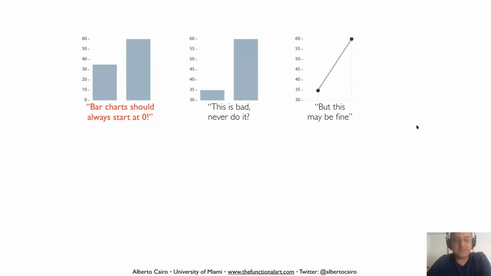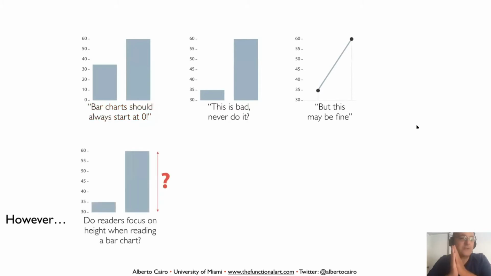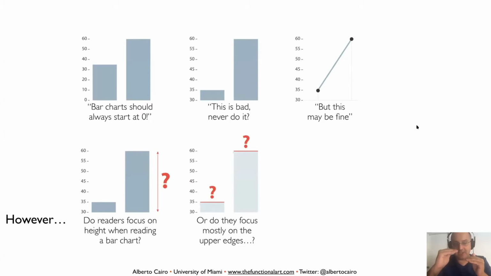Let's reason about this. When a reader reads a bar chart, if what the reader takes into consideration, or what his or her mind focuses on, is the length of the bars, the overall area, the overall size of the bars, then truncating the y-axis of a bar graph is bad. That's bad, because we are lying with that distortion. But we don't really know that readers do this. There's a lot of research to be done. We don't really know if a majority or a crushing majority of people focus on the overall area of the bar chart, or they only focus on the upper edge of the bar graph.